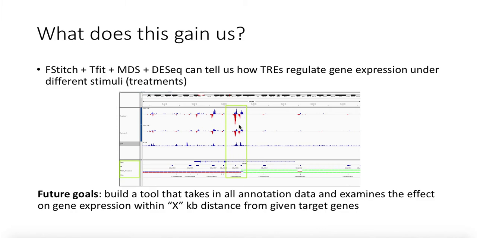So you can see the first two are examples of nascent data. And then this track at the top, this is actually ChIP data. So you see two really nice strong ChIP peaks over these bidirectionals, over what we might call these enhancers. You can see in the bottom here, the first track underneath the annotated gene is Tfit calls. So Tfit is nicely calling both of these bidirectionals here. You can see Fstitch calls,